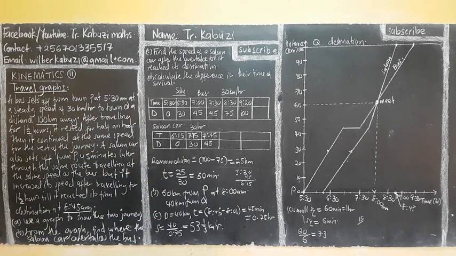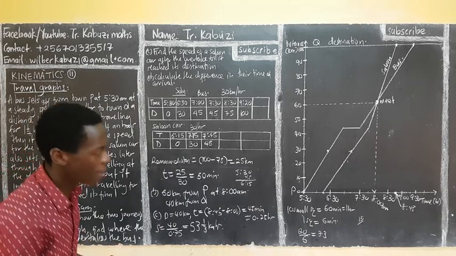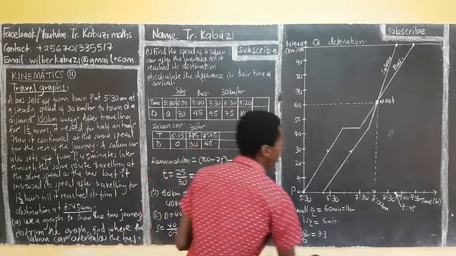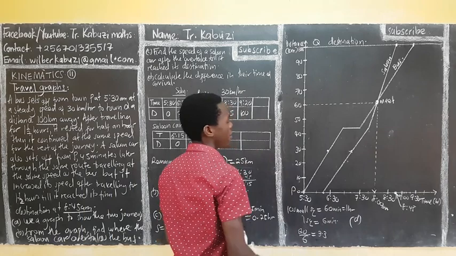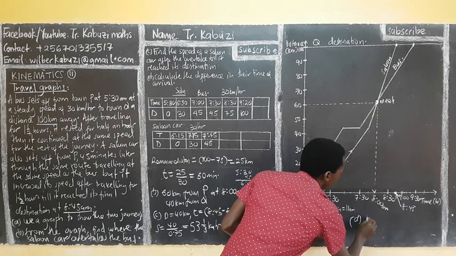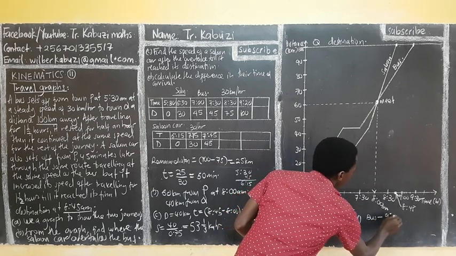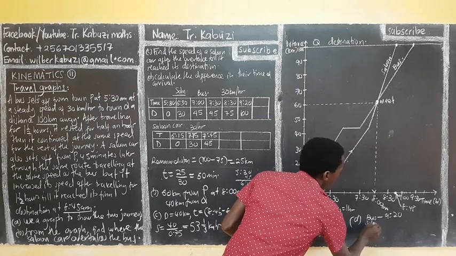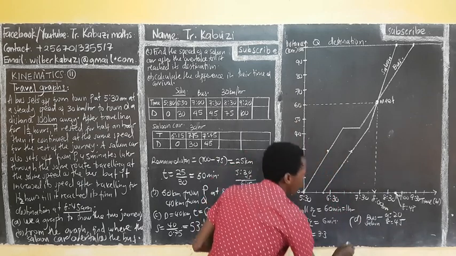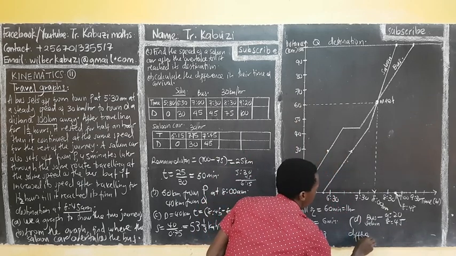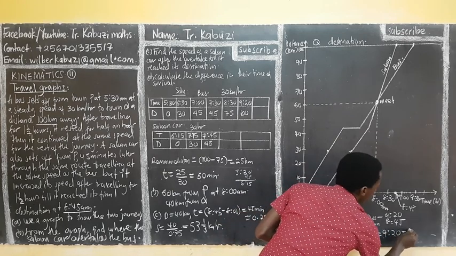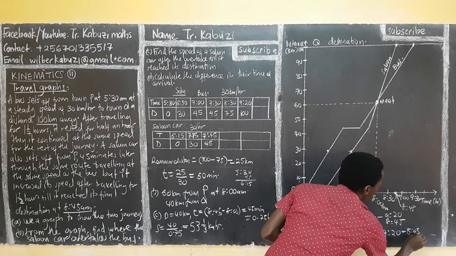Then they are asking me to get also the difference in their time of arrival. Allow me to write it here, part B. The difference in their time of arrival is going to be: the bus reached at 9:20, then the saloon car reached at 8:45. The difference in that time of arrival is going to be 9:20 minus 8:45, which is going to be,